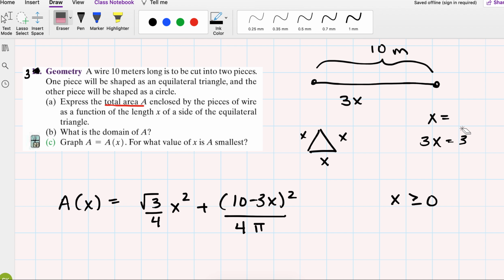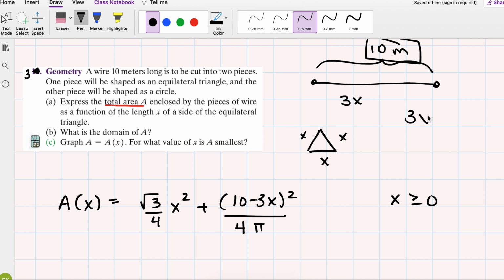But if x was, let's say, 5, for example, this is not going to happen because 3 times x is 15. And 15 is bigger than the 10 meters you have of wire. You can't make each side of an equilateral triangle 5 meters if you only have 10 meters of wire. So you can see that there's an upper limit. This 3x here,